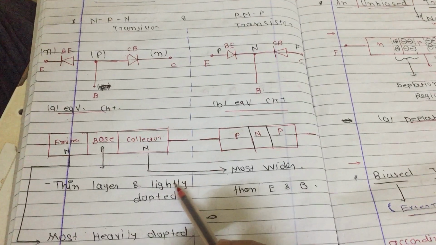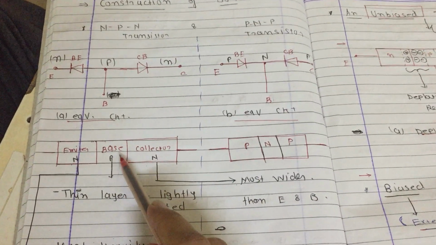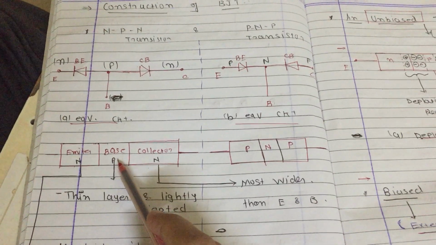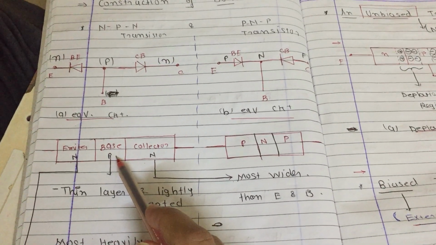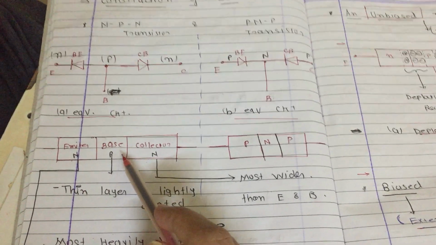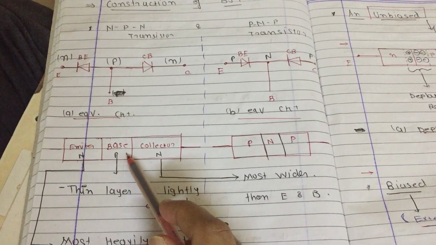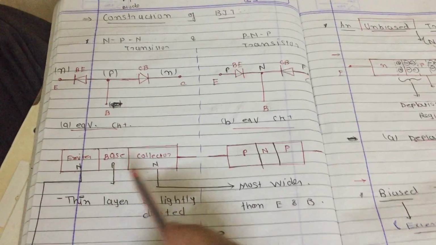Okay, what is meaning of lightly doped? Lightly doped means the number of holes. Why holes? Because this is P layer, and in P layer the majority carriers are holes. So I said the word holes. Okay, so lightly doped means the number of holes available in base region are less. Okay, second